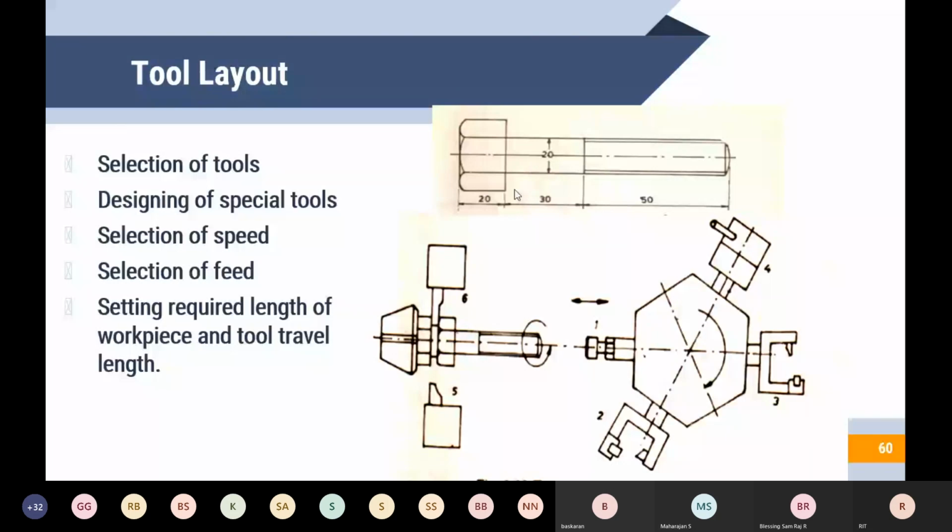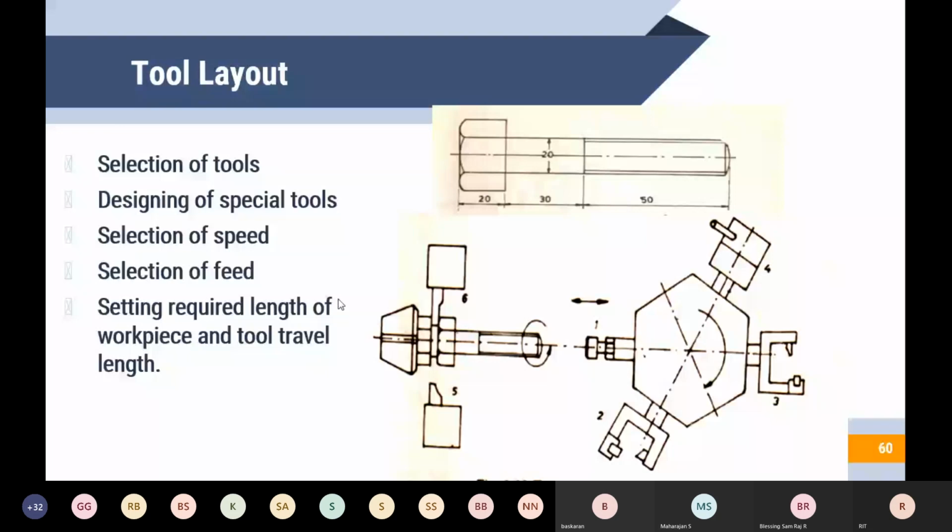So for example, we are going to machine a bolt. For that, what are all the things we have to design? What are all the basic requirements for machining? So we have to first plan all those things, select the proper machine, select the proper material, collect all the tools and equipment, draw the tool layout, calculate the proper speeds and feed for each operation, determine the sequence of various operations, and prepare the tooling schedule chart. These are all the important factors you have to consider.